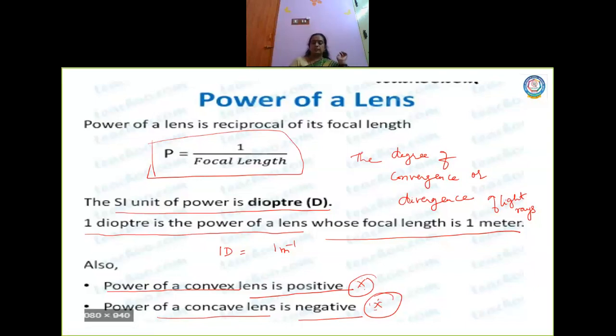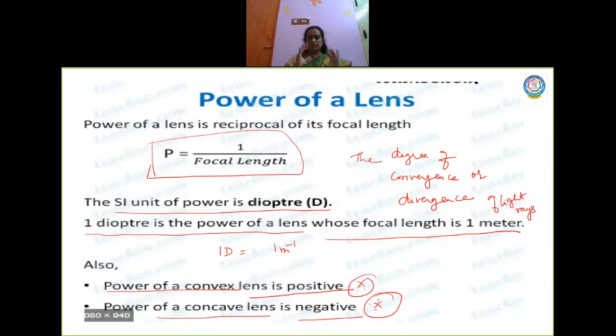Okay, so in this video we discussed the Cartesian conventions, the lens formula and lens maker's formula. Then we discussed what is power of a lens. These are all very, very important formulas. And of course magnification we were also discussing. Magnification is nothing but comparison of height of the object and height of the image, comparison of object distance and image distance. All these formulas you should remember very well, children.